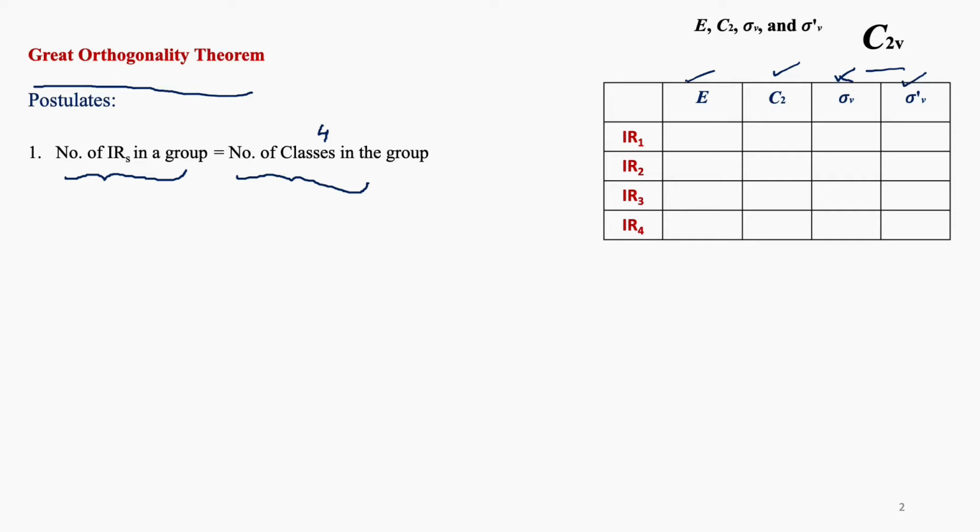Hence we have IR1, IR2, IR3, IR4. The number of columns and the number of rows will always be equal in a character table. So that will be the first postulate. Let's see the second one,